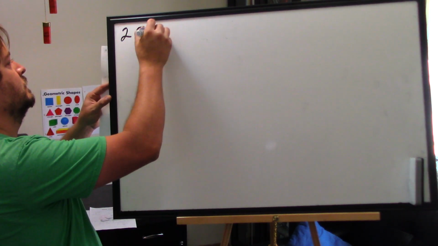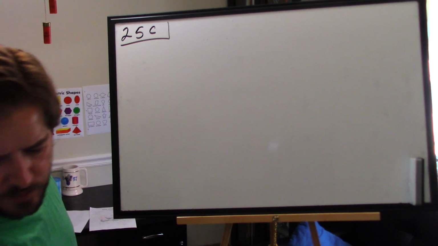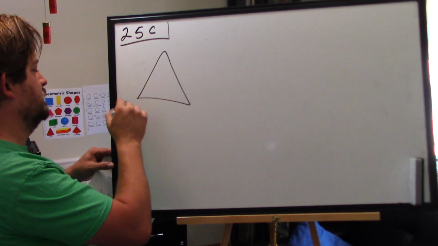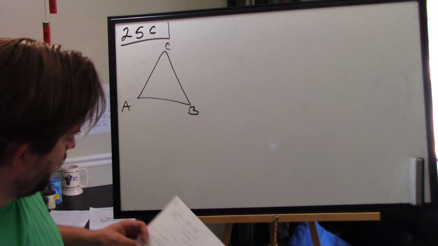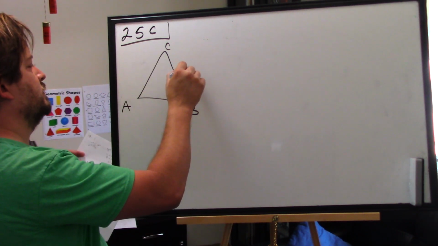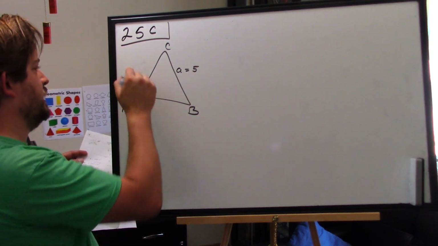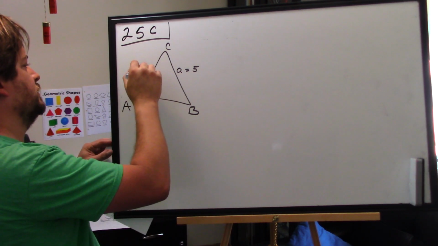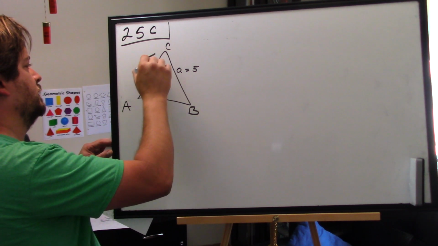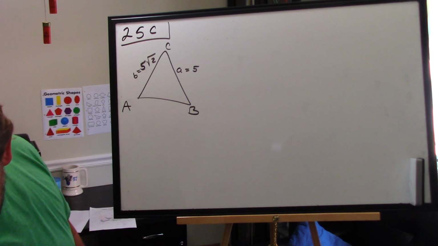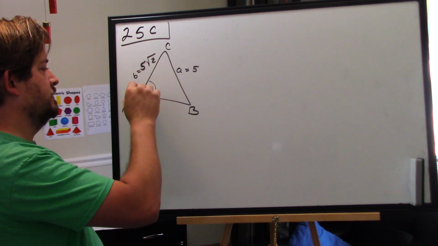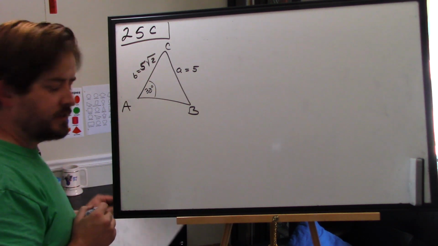And I did 25C. 25C says that we have a triangle ABC with little a is 5 and little b is 5 root 2. And angle A is 30. And then we're asked to find